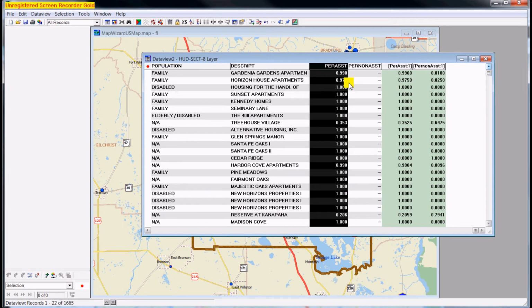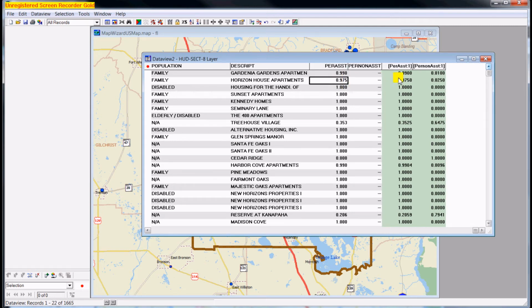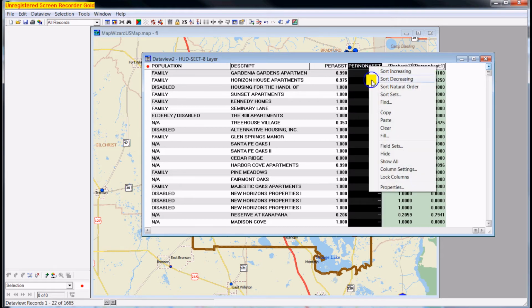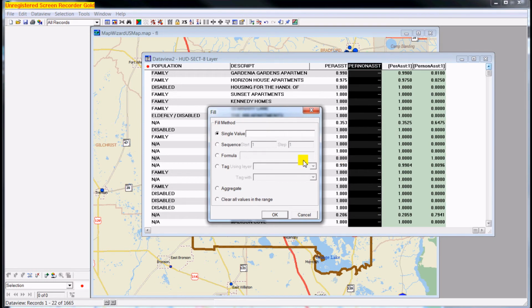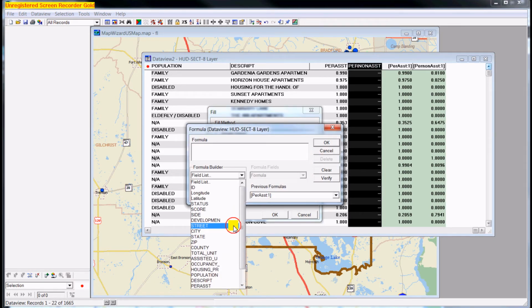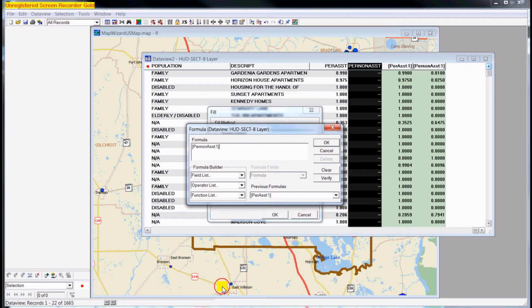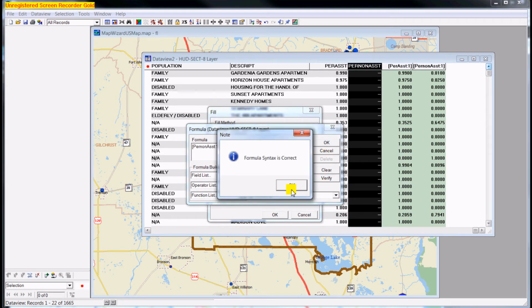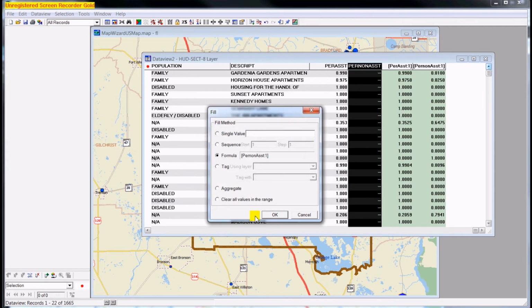We're noting that these are the correct data values, and so I'm choosing fill again. I'm just filling the column with the values of the other two columns that currently exist.